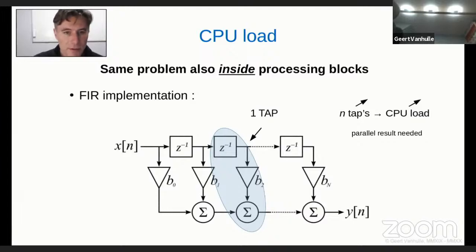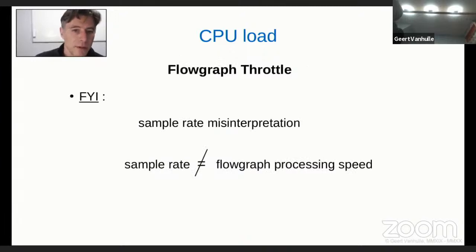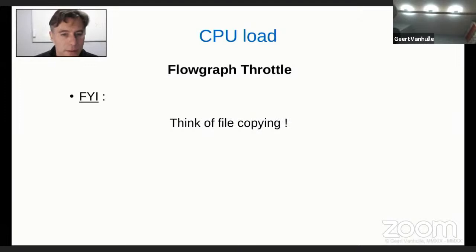Now, this is a good stage to make a little segue into something that is often misunderstood. A lot of people who start to work with software-defined radio and flow graphs misinterpret the sample rate. Many people make the mistake of confusing the sample rate with the processing speed of the flow graph. So you think, well, we have 1 megasamples coming in, then there's processing, and there's 1 megasamples going out. This is not really the case. As a matter of fact, a flow graph is being processed as fast as possible. And to understand this,